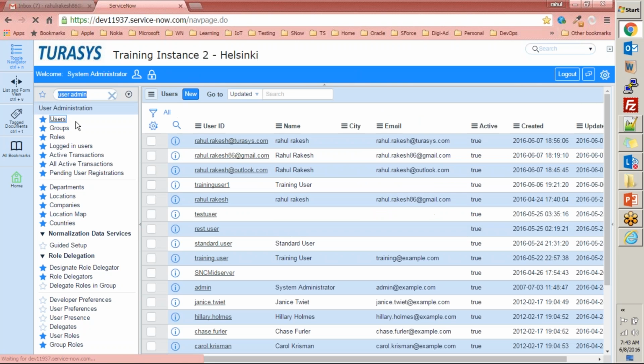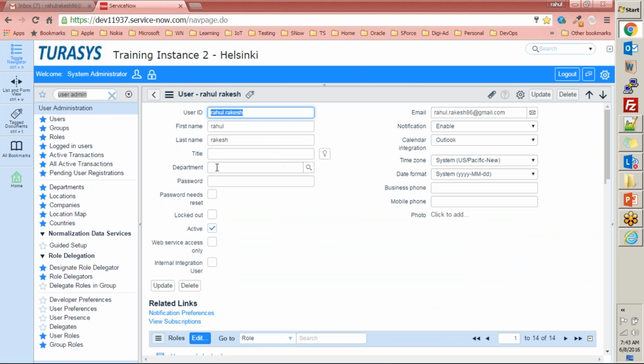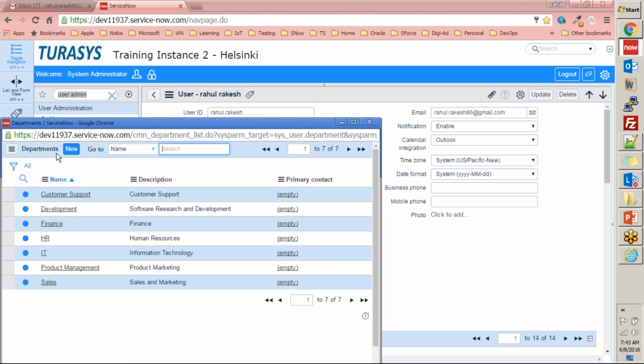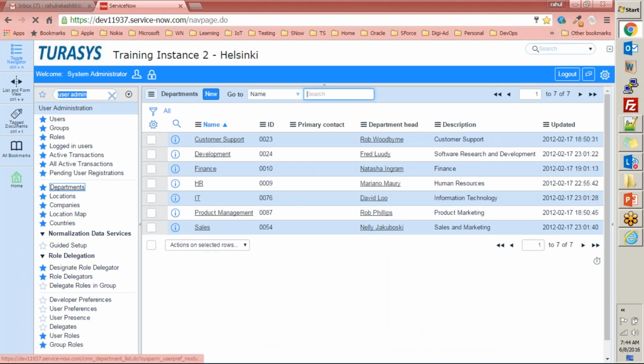Now, while creating users, you can go ahead and associate those departments that you have created from here, right? So you are basically attaching a user to a department. So that's why you have departments here, and these departments and users are interrelated. Okay,